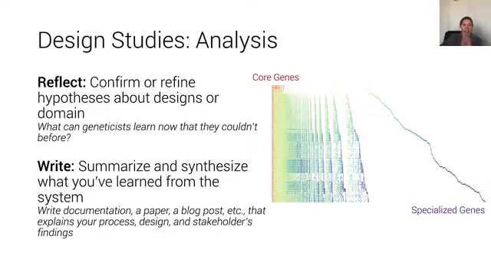So once we had finished doing the implementation, we had a satisfactory solution. The next step is to reflect, which is where we confirm or refine hypotheses about our designs or our domain. In other words, we looked at, in this case, what geneticists can learn about the genome now that they couldn't before. And once we figured that out, we went into the writing phase where we summarized and synthesized what we